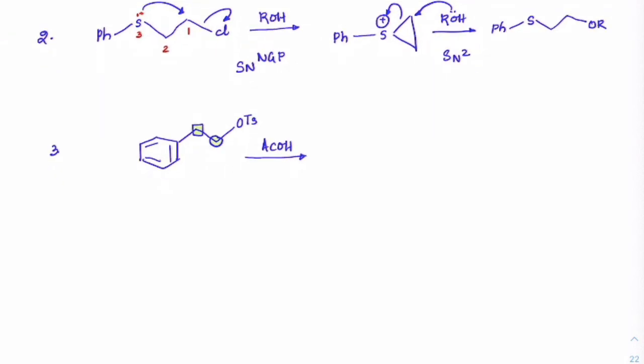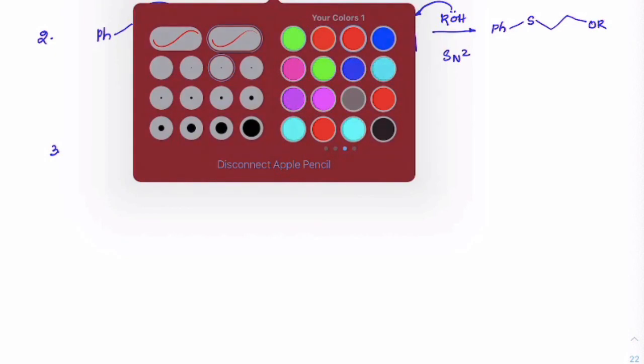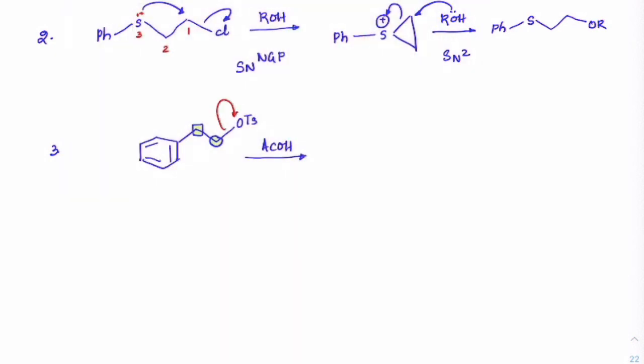So what is happening here: the minute OTs leaves, the pi bond will support this time. Okay, so the pi bond will support here. So what is the type of intermediate which is forming? Let us check. This double bond and this double bond are intact, and we have a connection with this carbon. This was the circle one, this was the square one, and the positive charge is on this ortho position now.